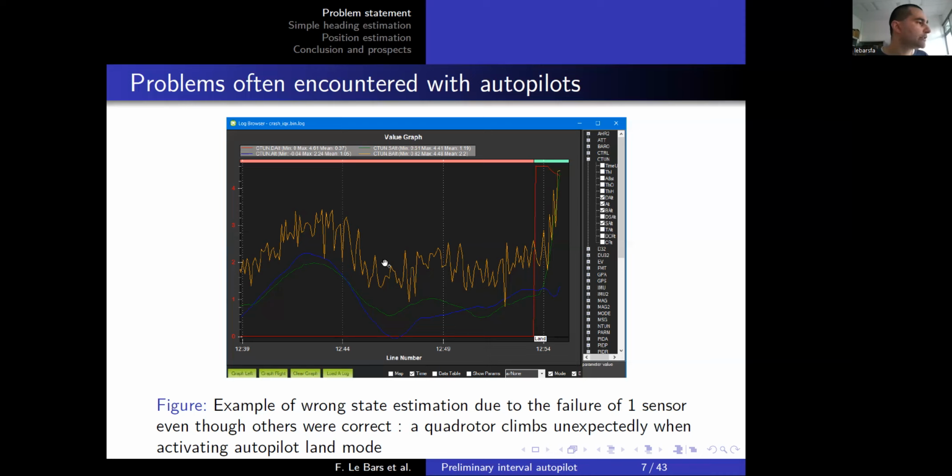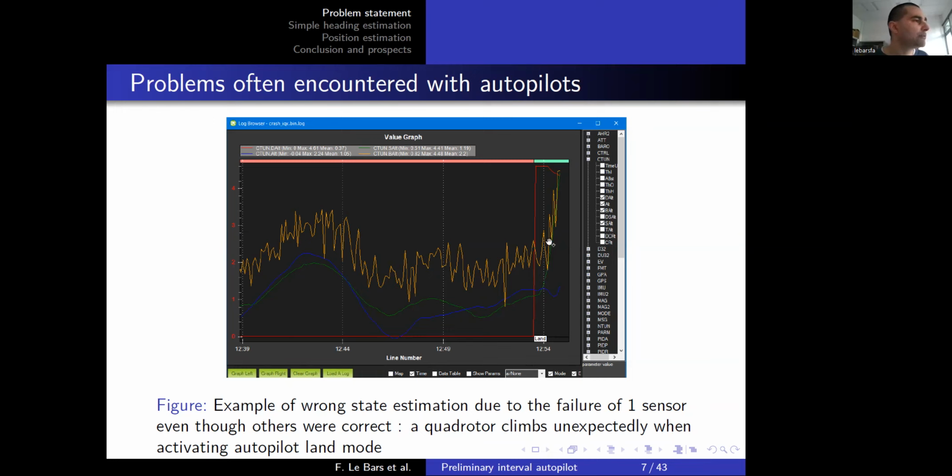So we see that first it is a little bit oscillating, and then in the end, the barometer is clearly saying that we are climbing quite fast. On the robot, we also had a LiDAR, so a laser directed towards the floor. So it is the green line, the green curve. And here we also see the same types of variations as the barometer, with